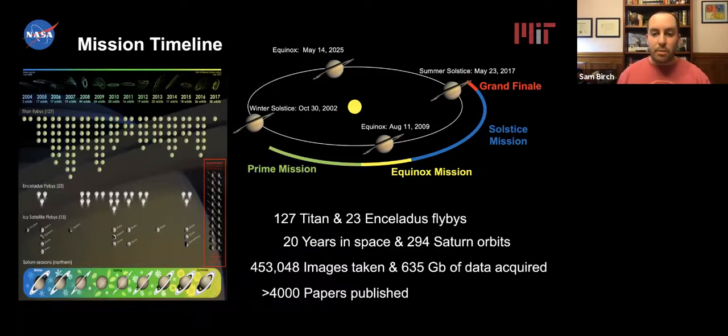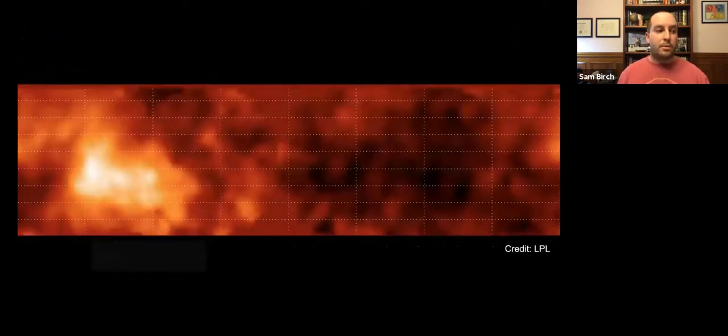Initially, we only planned 3 flybys of Enceladus, but it ended up being an amazing little world in and of itself. And with these geysers coming out of this ocean, we flew by it 20 more times later in the mission. You can see there's lots of stats here, but the ones that strike my eye are 500,000 images and almost a terabyte's worth of data. It's a remarkable mission with multiple spacecraft, thousands and thousands of people were all part of this, and it was an amazing team. So, back to our Hubble Space Telescope